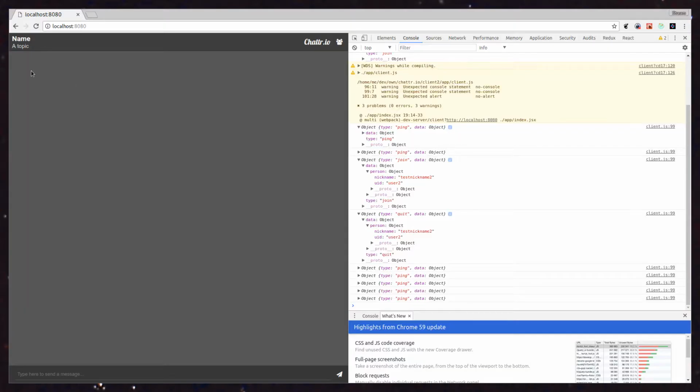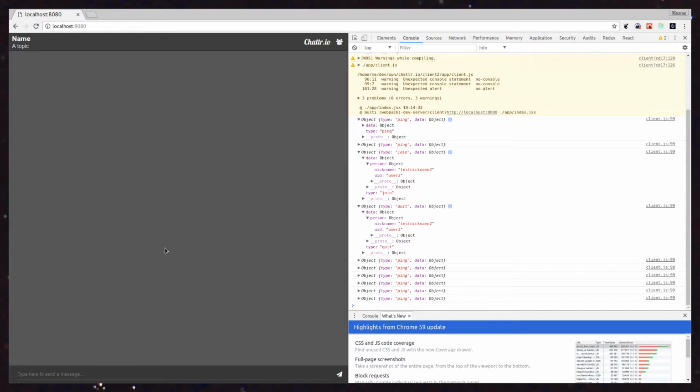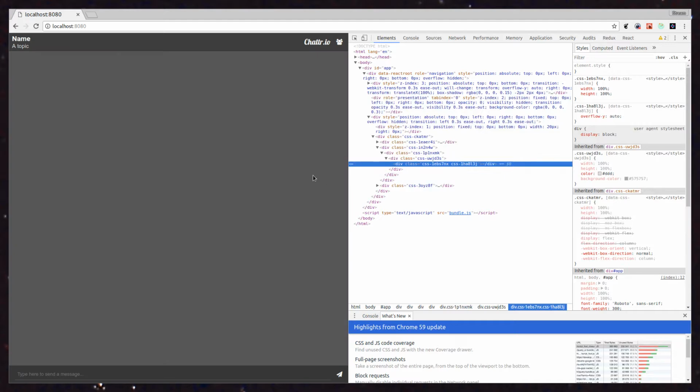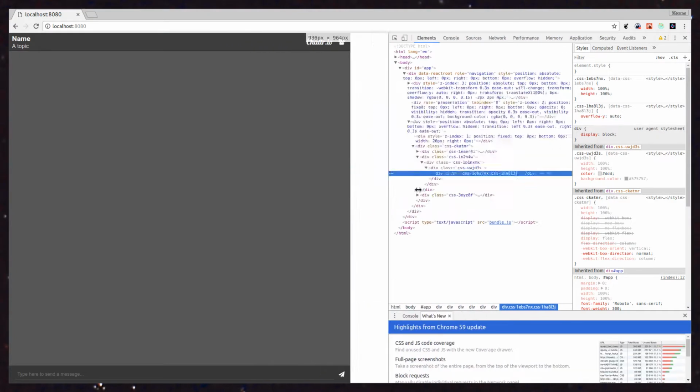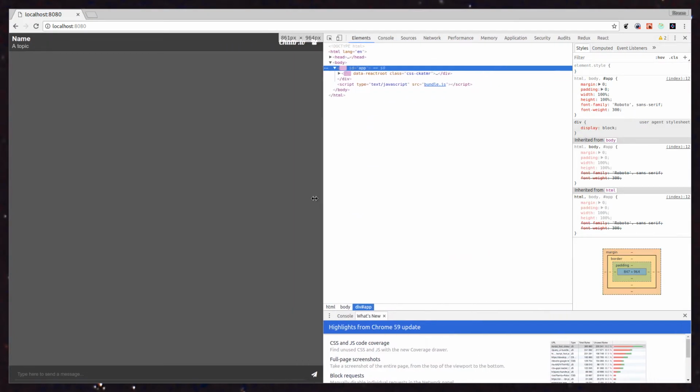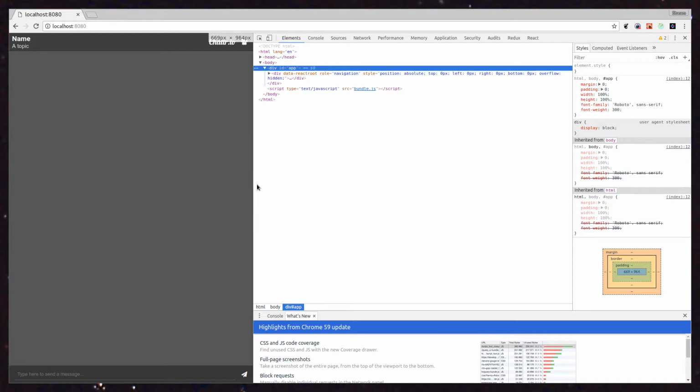So this component, basically this one, threw an error because it tried to access a property on an undefined object in the onResize event handler,